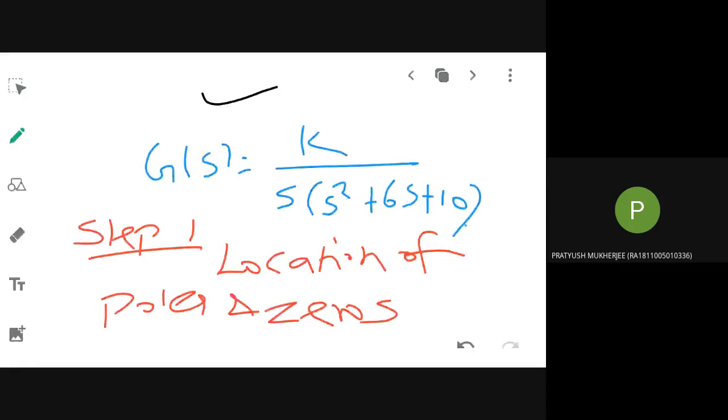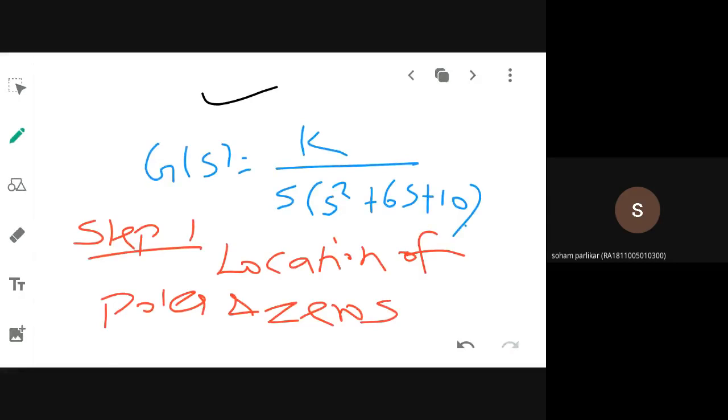Already we have discussed in the earlier classes the various steps involved for drawing the root locus. So tell me, what is your first step in constructing a root locus? That is also displayed on the screen. Find the location of poles and zeros. Yes, you are to locate the poles and zeros. In order to do that, you need to identify the number of poles, the number of zeros, what the various poles and zeros are, and how many root locus branches you will have depending on that number.